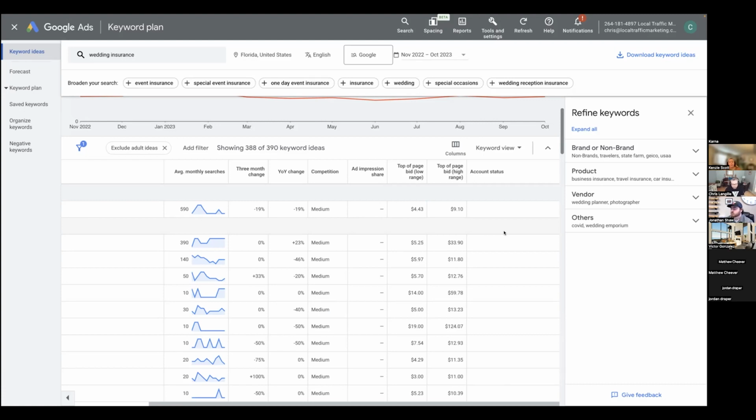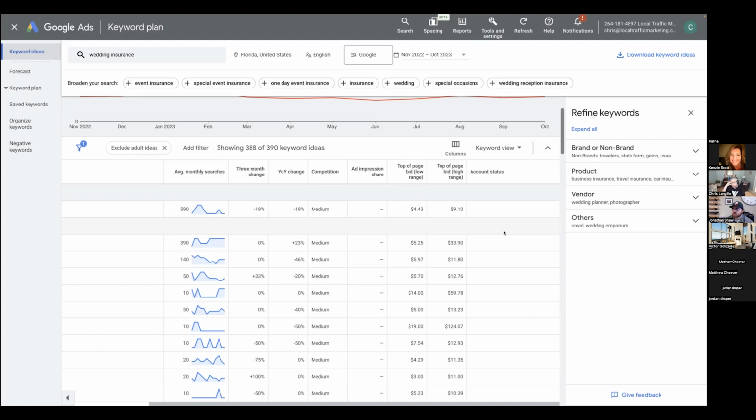Obviously anyone that's selling wedding insurance is not selling wedding insurance for the wedding insurance commission of whatever, $30. It's like selling a renter's policy or something, right? You're selling wedding insurance to cross-sell them into personal lines, life insurance, maybe financial products, etc. So you're going to look at your commission. Let's say you sell the wedding plan, you get them into home and auto. Let's say your commission is $400